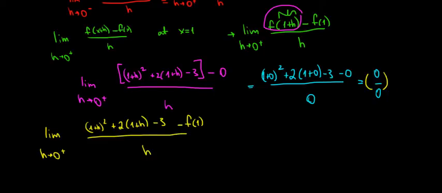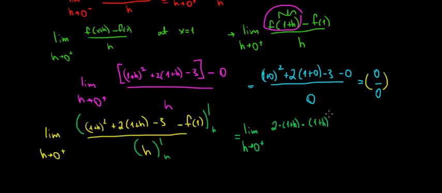So let's write minus f of 1 divided by h. And we are taking the derivative of each side. So the numerator over here and the denominator over here. We're differentiating with respect to h. Now, let's do it. So we have the limit, h approaching 0 from the positive side. And if we do it over here, what result do we have? We have the power rule, 2 times 1 plus h, but then it's an expression of h, so we're applying the chain rule where we're differentiating 1 plus h itself,